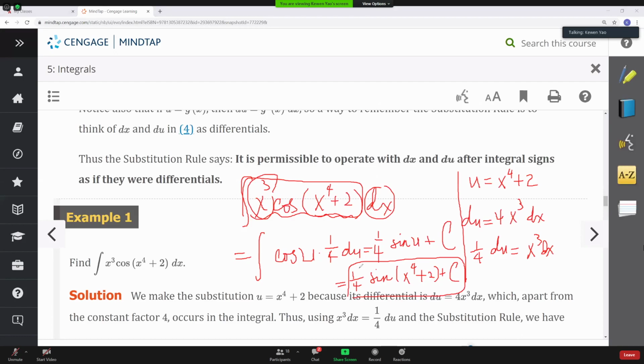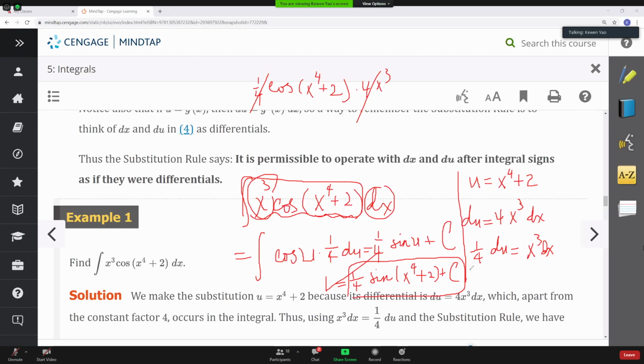It's 1/4, right? Sine's derivative is cosine, going from outside to inside by applying the chain rule, right? x^4 plus 2. Then you can ignore sine. You take the derivative of the inside function. It's 4x cubed, right? Now the 1/4 and 4 cancel out. So x cubed times cosine of x^4 plus 2, see? So we have verified that this is the right answer because the derivative of the function is indeed equal to the original function,